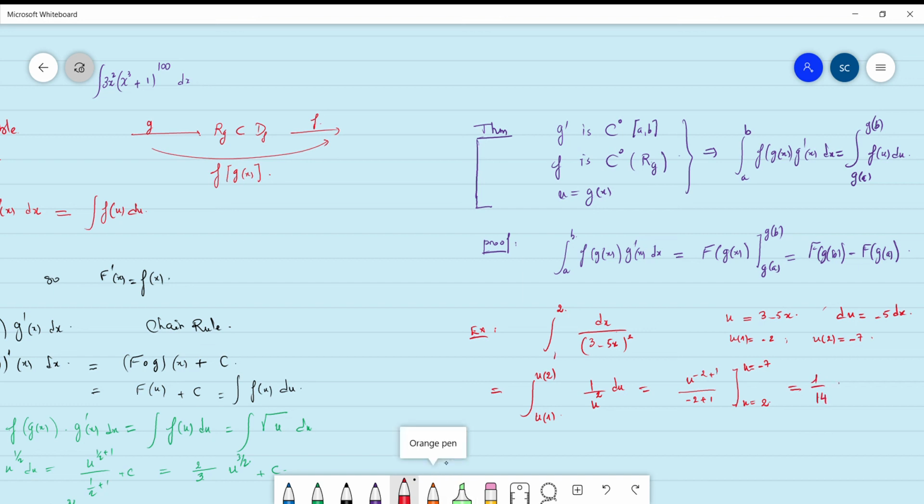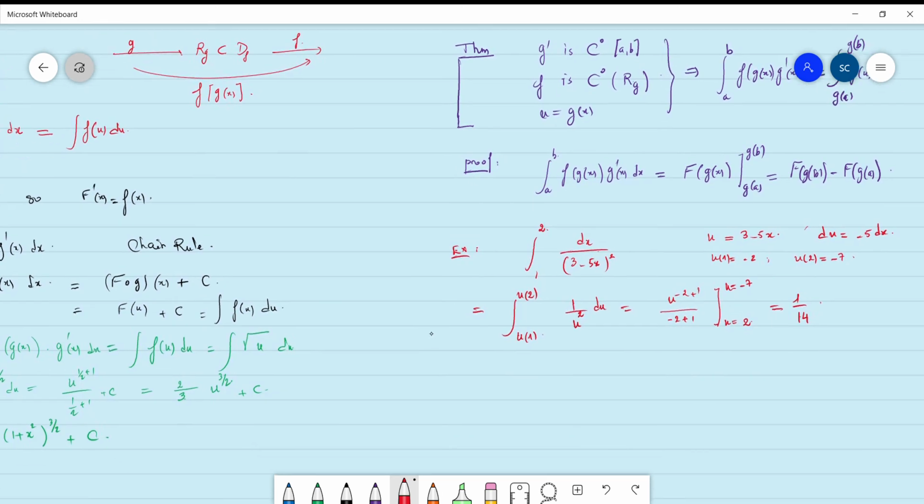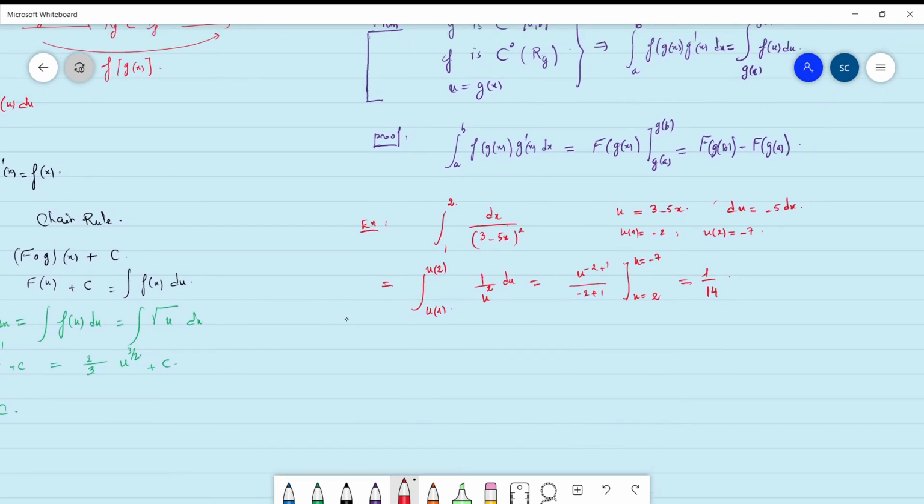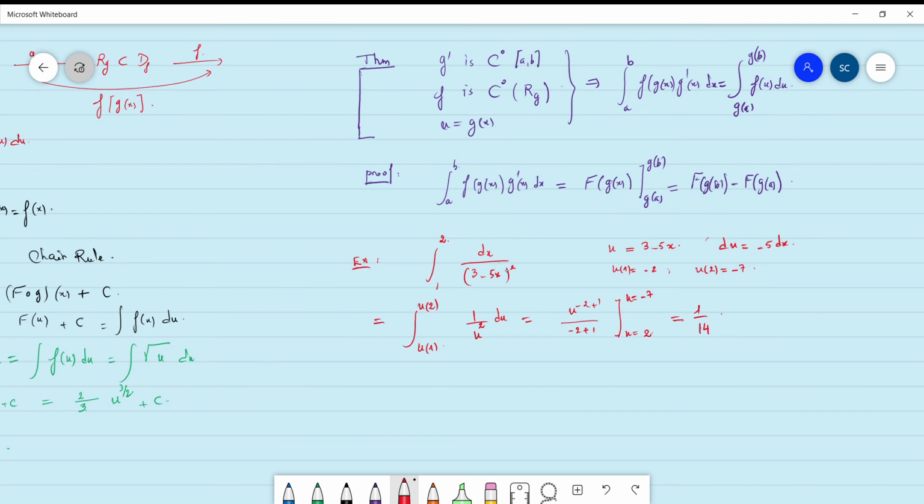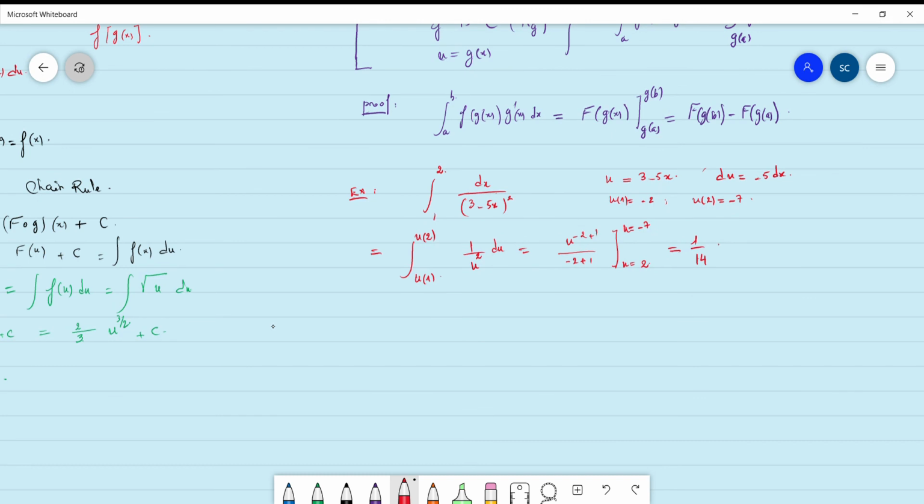But as a remark, I prefer to always find an antiderivative in x rather than change the endpoints, because sometimes we forget to change the endpoints. Okay. Last remark